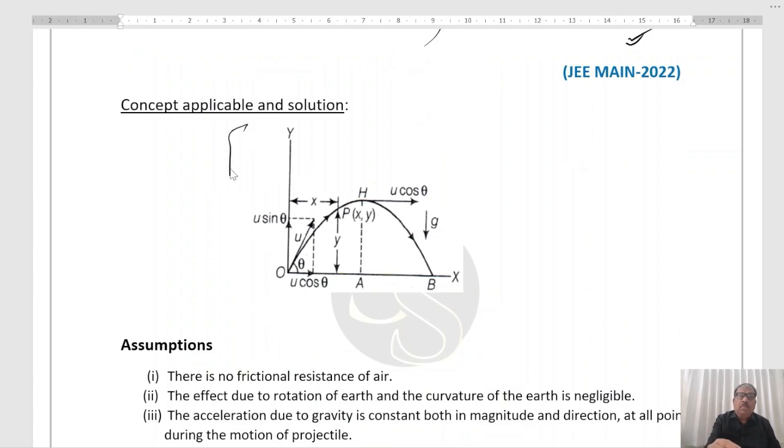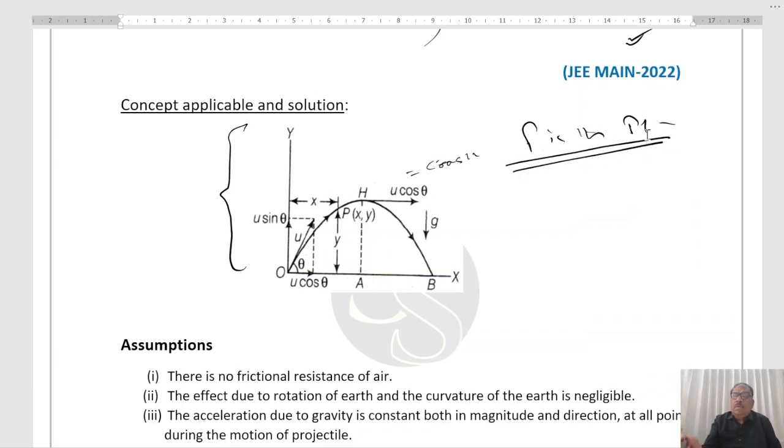Now start the question. This is the projectile motion graph. The body is projected from O with the velocity u making angle theta. Horizontal component, vertical component, this horizontal component remains constant throughout the motion. This is the maximum height, right? P is the point, P is the point,